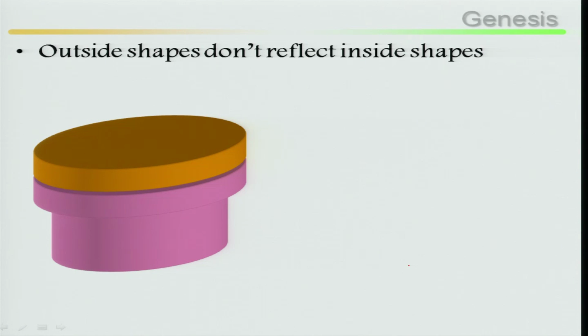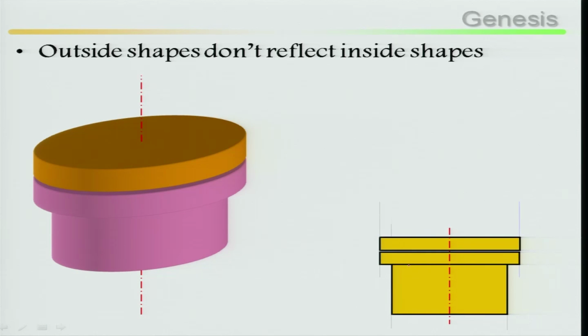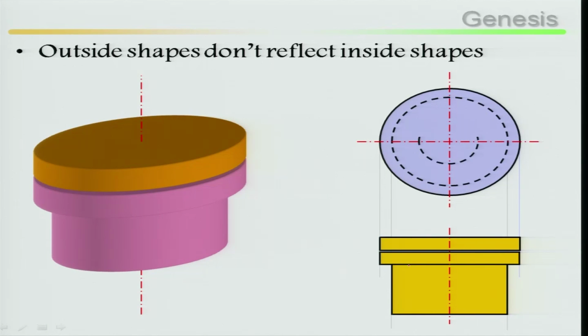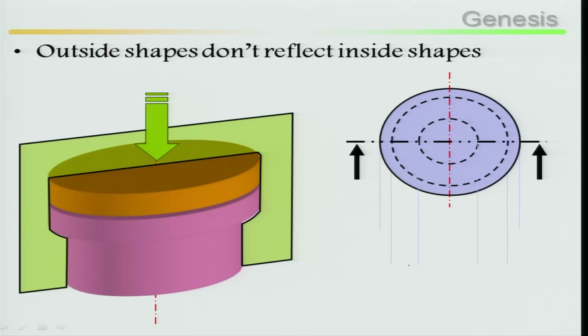Second point is outside shapes do not reflect inside shapes. Look at how it looks outside: a cylindrical shape, a cap is there, and at the top there is another cylindrical circular feature. Then if I cut it longitudinally, how does it look? Let us cut it longitudinally along the arrow, make the half,